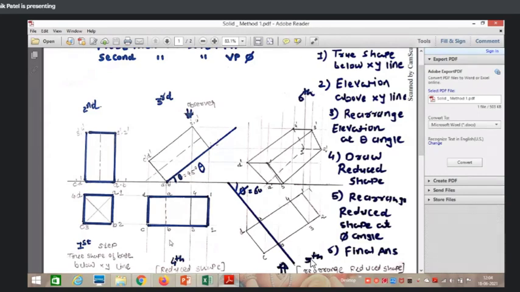I also mentioned this while giving the examples, so you just understand. Outer points are always connected by solid lines, and points which are far away from the observer are represented by hidden lines. Clear? You just note down this sentence in your sketchbook. First, outer points are always connected by solid lines. Second, points which are far away from the observer will be represented by hidden lines.